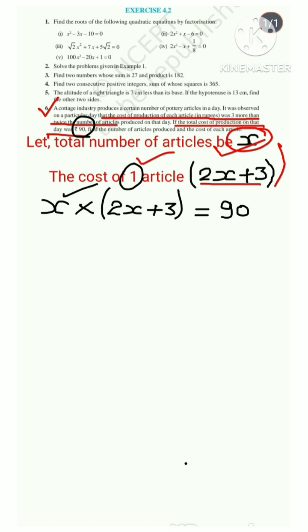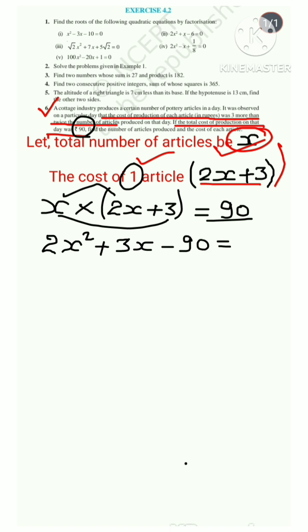Now x into 2x, 2x square, plus x into 3, 3x, and this plus 90 also comes to LHS and becomes minus 90 equal to 0. Now by splitting its middle term we can solve this equation. So 2x square and this plus 3x can be split like this,